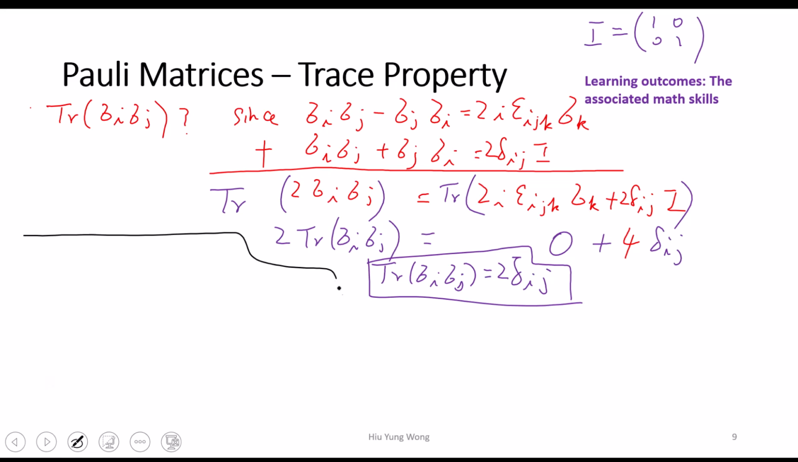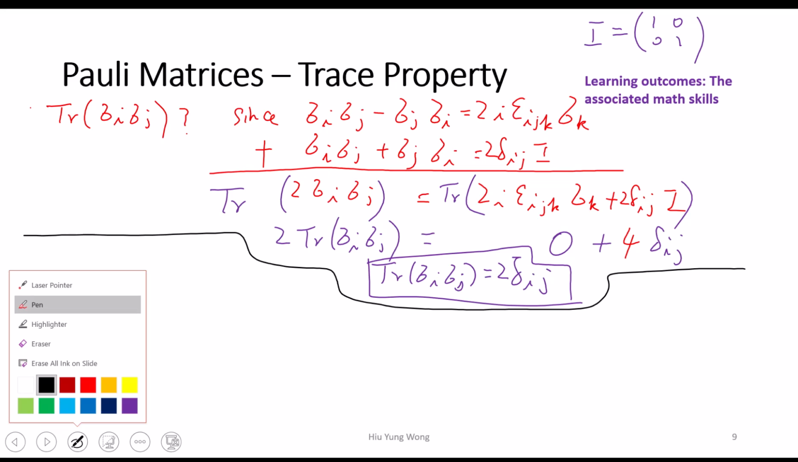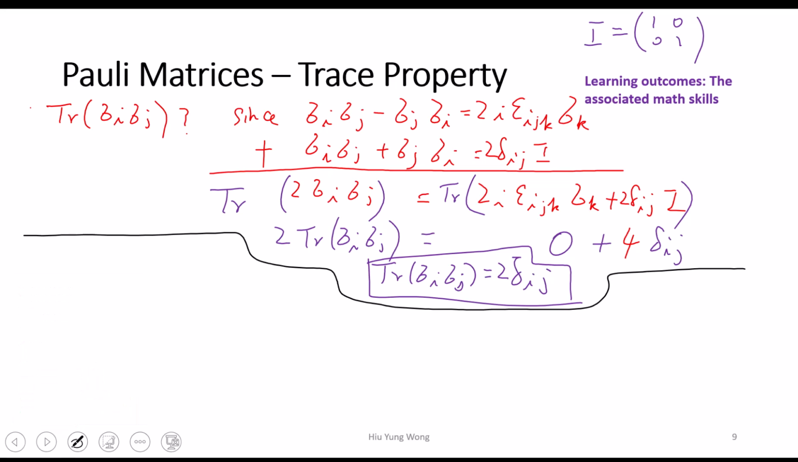Now, how is this going to be useful? The topic we're discussing is that every 4x4 matrix can be decomposed into identity, sigma x, sigma y, sigma z, right? How do we find those numbers? And this is what I will tell you. The trace of any M is equal to the trace of